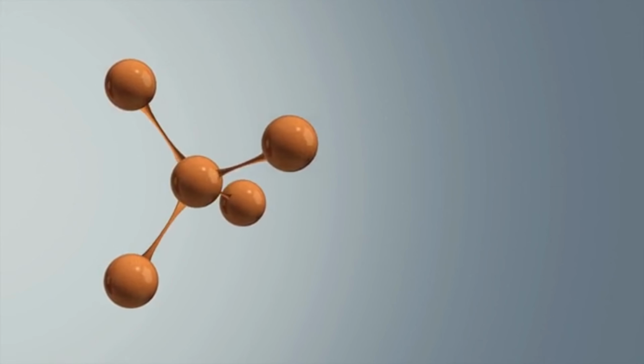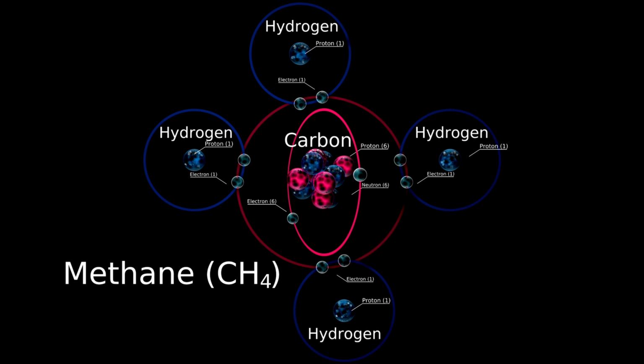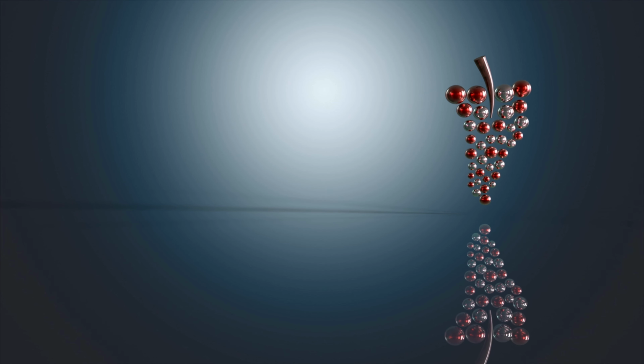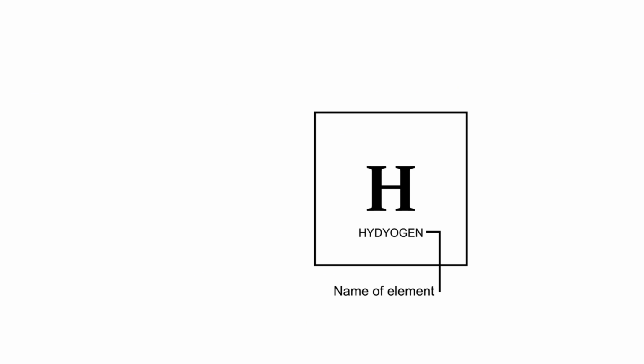Now here's where it gets interesting. Oxygen is a bit of a bully. It's more electronegative than hydrogen, which is a fancy way of saying it hogs the electrons. This creates a slight negative charge near the oxygen atom and a slight positive charge near the hydrogen atoms. Water is a polar molecule. It's got a positive end and a negative end, like a tiny magnet. And what do magnets do? They attract each other. This attraction between water molecules is called hydrogen bonding.